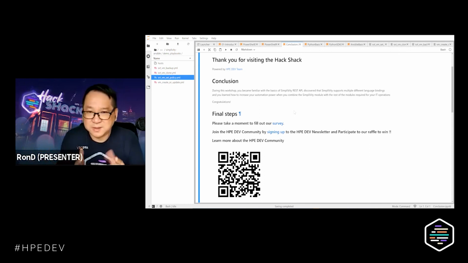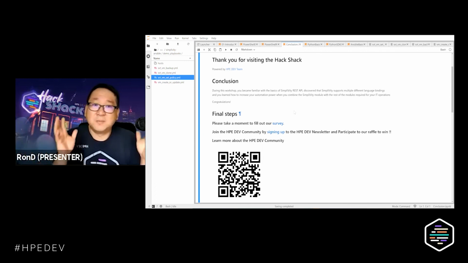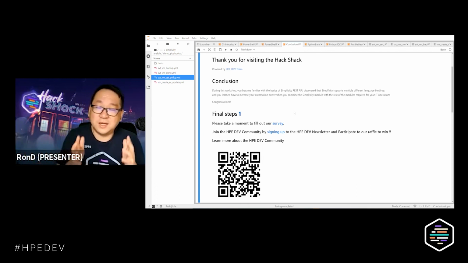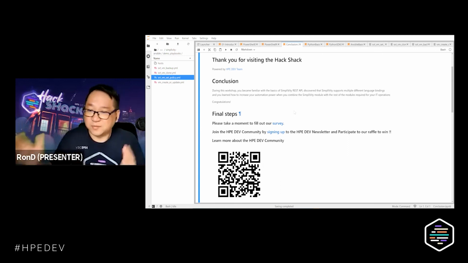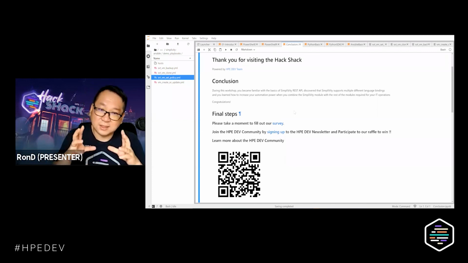The point of SimpliVity is making sure that you can actually perform your operations, not day zero, not deployment. How many times do people deploy? Maybe just one time, but you need to perform all kinds of operations. You have to meet your compliance. You have to be able to perform data protection. You have to perform disaster recovery. That's what SimpliVity is designed for.